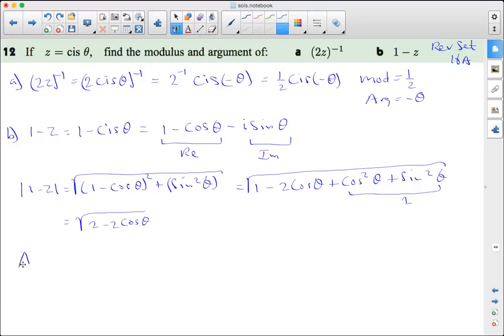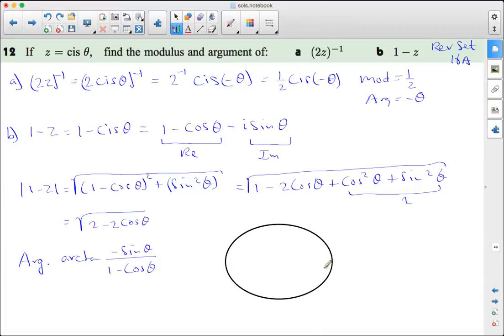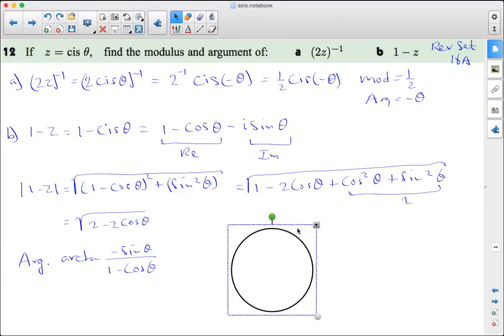For the argument, there's a bit of a problem here. You could say the argument is the arctangent of negative sine theta over 1 take cosine theta. But that's a really tricky thing here. What we might want to try to do though is create a little drawing